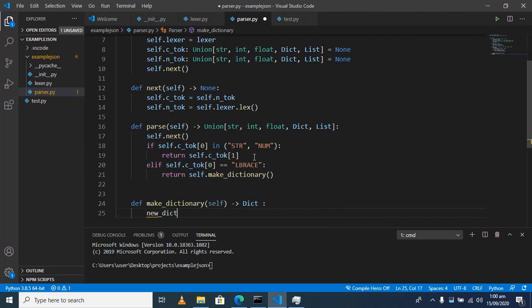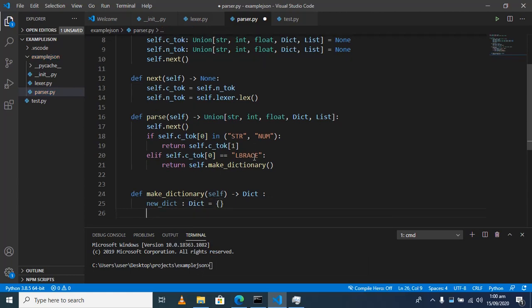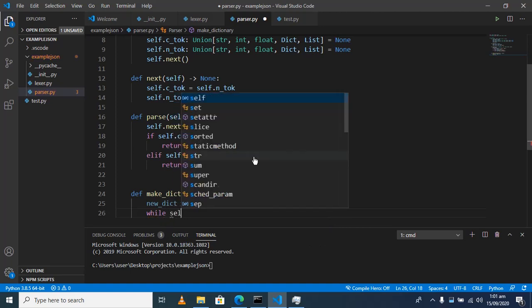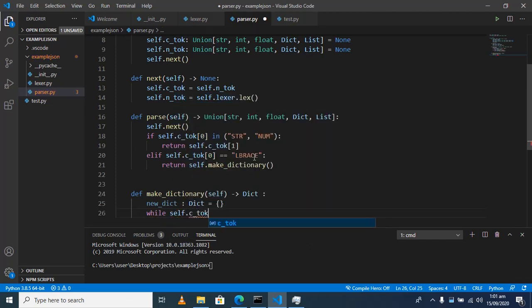We create our new dictionary object, and then we are going to do a new while loop to make sure we capture all the keys and values. So we do a while the current token 0 is not equal to